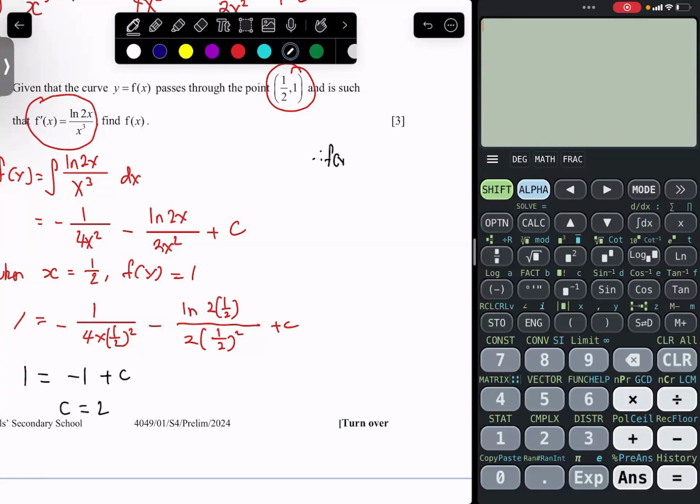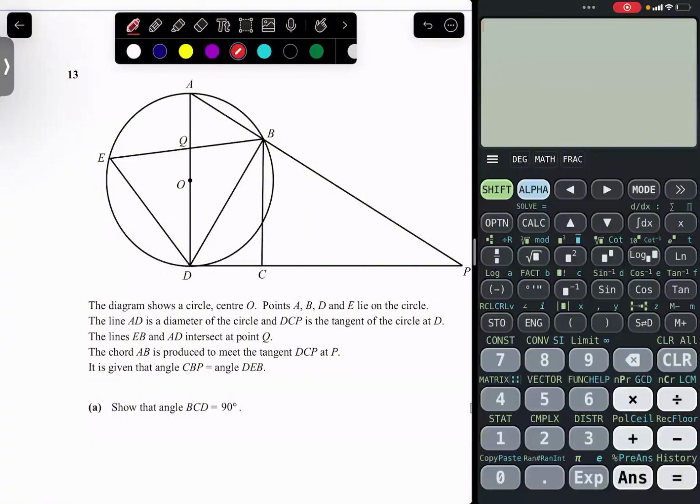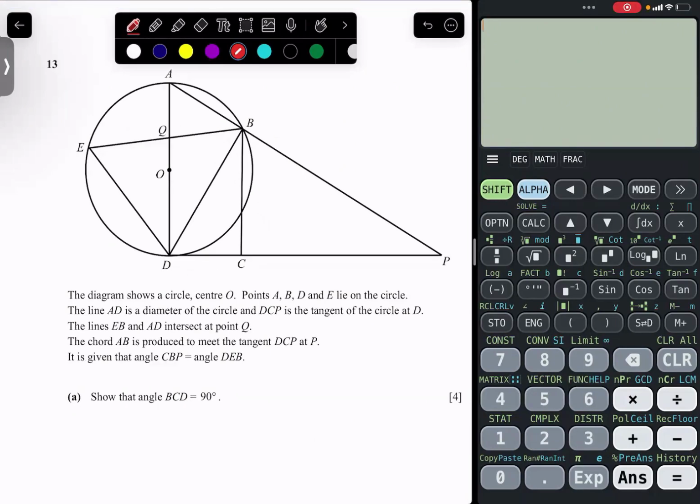Therefore, f'(x) equals negative 1 over 4x squared minus ln 2x over 2x squared plus 2. Answer. Okay, question 13. The diagram shows a circle, center O, points A, B, D, and E lie on the